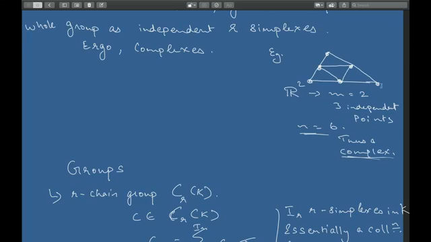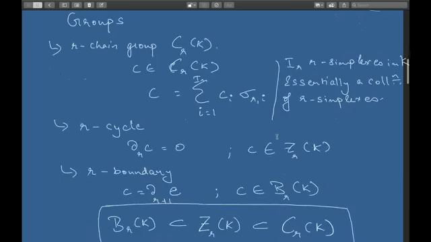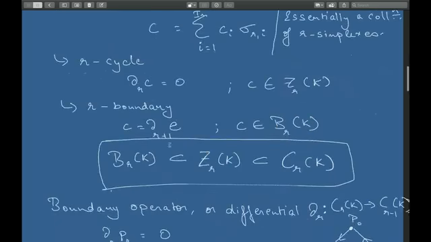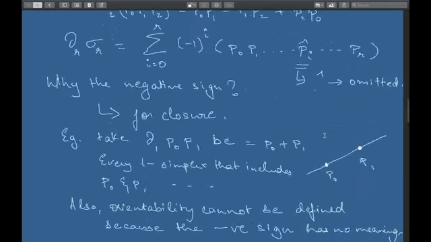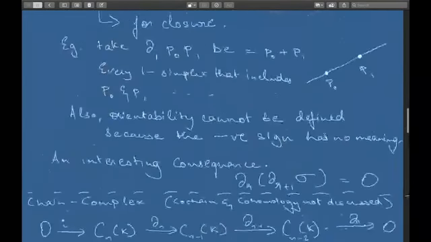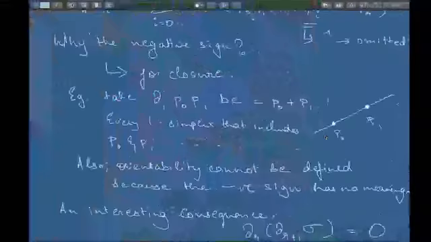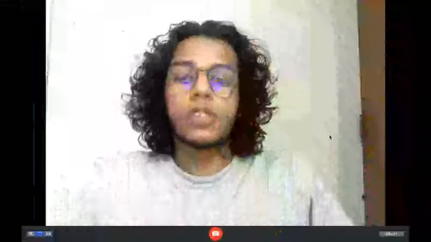So you have the exterior edges which give you the boundary group of C. Right. So now, one thing to note here is the boundary is a subset of the cycles, and the cycles are a subset of the chain group, right? So with all this said, one thing that you need to keep in mind now is, what does this